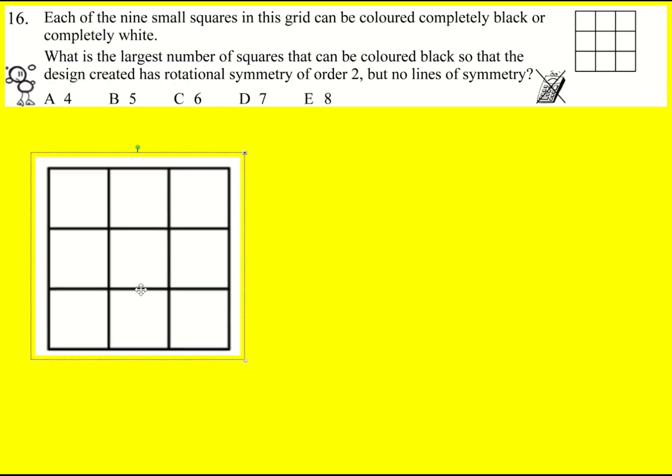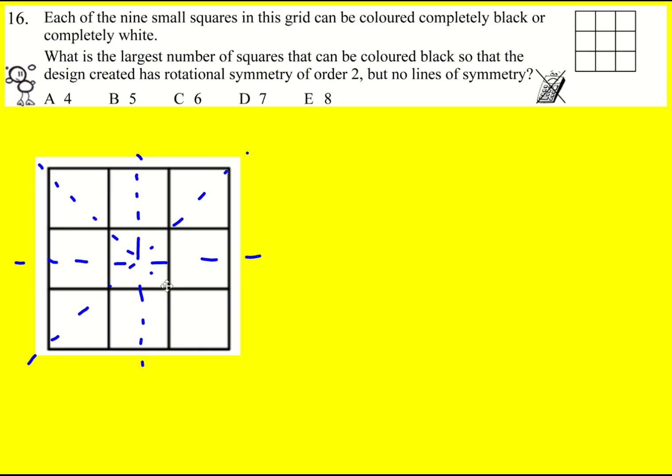We have an unfilled square, and at the moment it actually has rotational symmetry of order 4. As I rotate it 90 degrees, it will look the same, and it has 4 lines of symmetry. So we need to shade it to remove all lines of symmetry, but have an order of rotational symmetry of